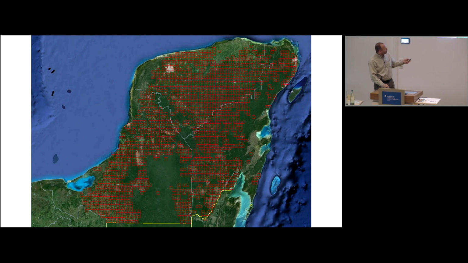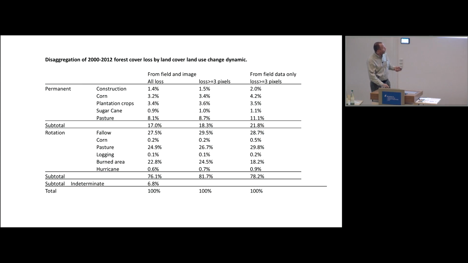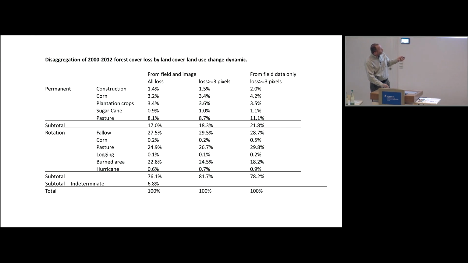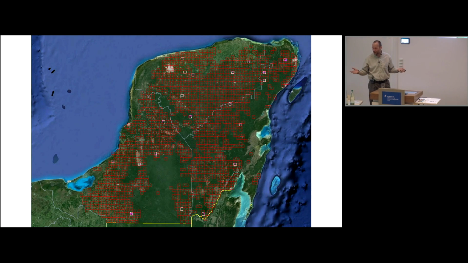So this is an example from the field. In the Yucatan, this is a stratification based on disturbance, and we go to visit these places. And again, when we go in the field, we could do carbon stock, or whatever variable we are interested in. But what happens is, even though we start with a gross forest cover loss product, we get 80% of that loss occurring in rotational systems. So they talk about the Yucatan Peninsula being in a state of arrested succession. It is just this smallholder churning all the time, a dynamic landscape. Well, 80% of all the change we saw was that smallholder type of land use,